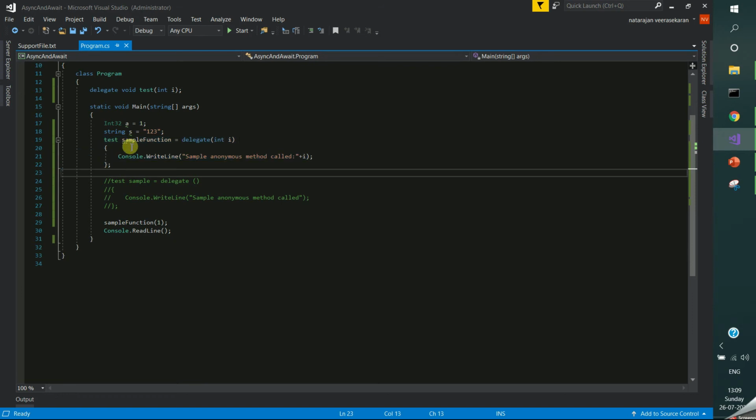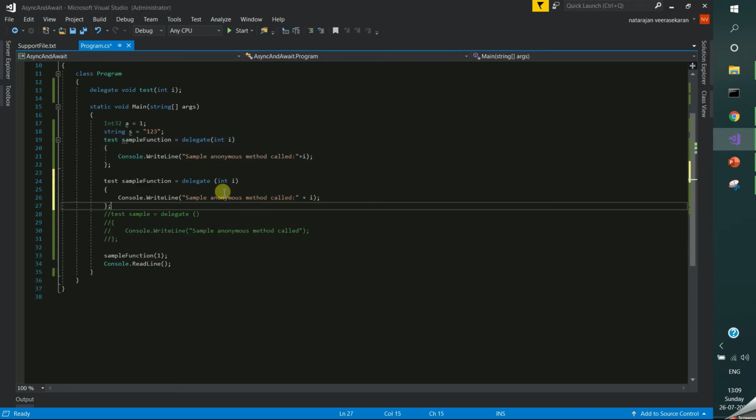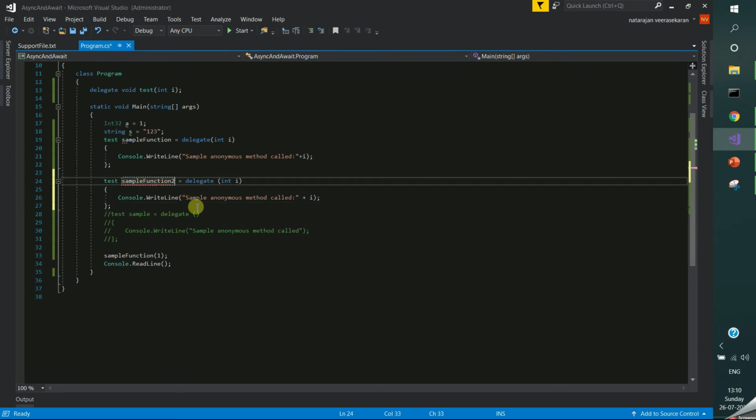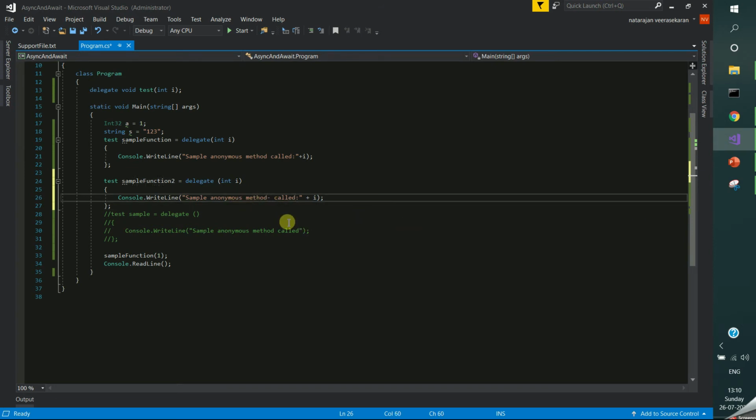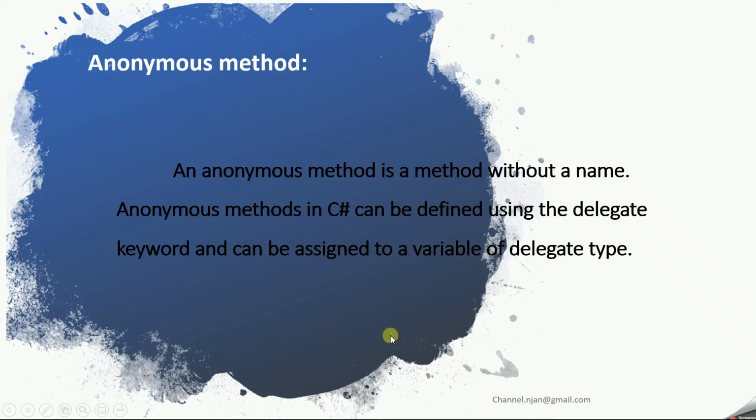The same kind of thing you can assign to other methods too. I am declaring one more variable, and one more anonymous function, maybe anonymous method 2. So you can call using this name. I hope you are clear with the anonymous method.